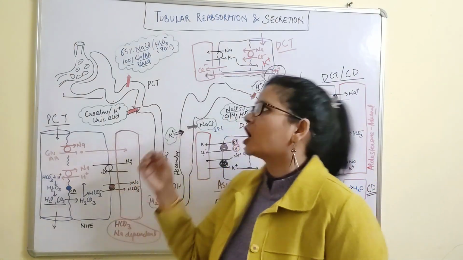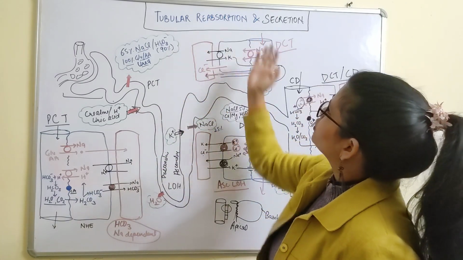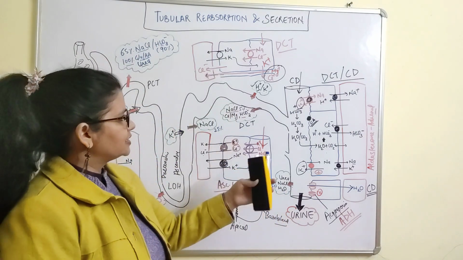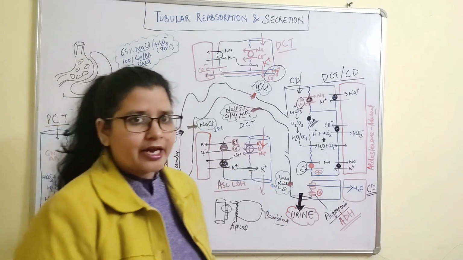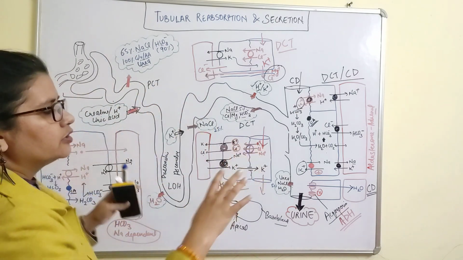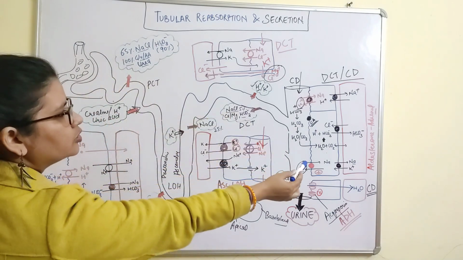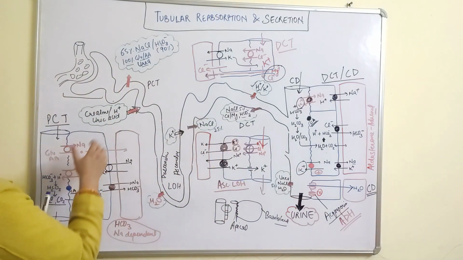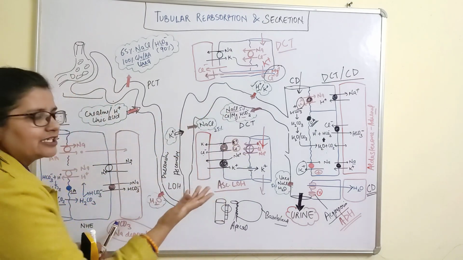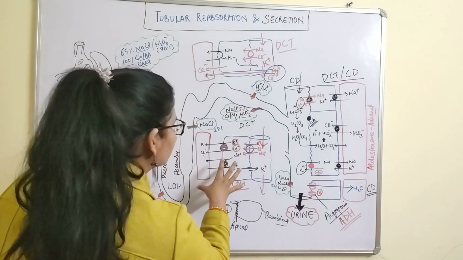Today we'll learn about how urine formation occurs, or instead we can also say how tubular reabsorption and secretion occur. Firstly, we'll see what is basically happening in the renal tubule and how urine ultimately forms. First of all, you have to start this answer with the structure of the renal tubule, and you can just broadly say what happens at what level. Then one by one we'll see which channels are used and how reabsorption or secretion occurs.